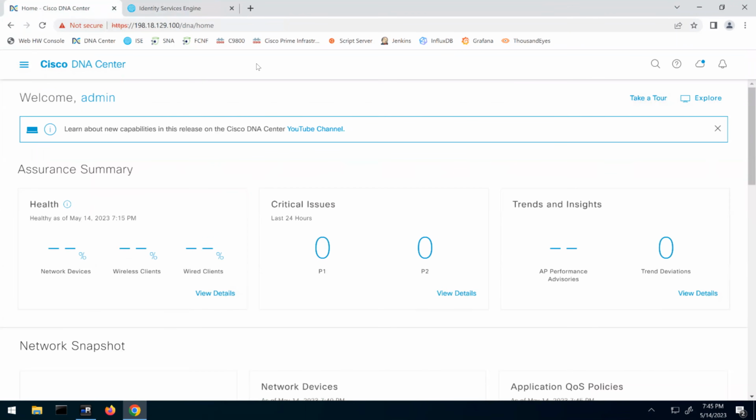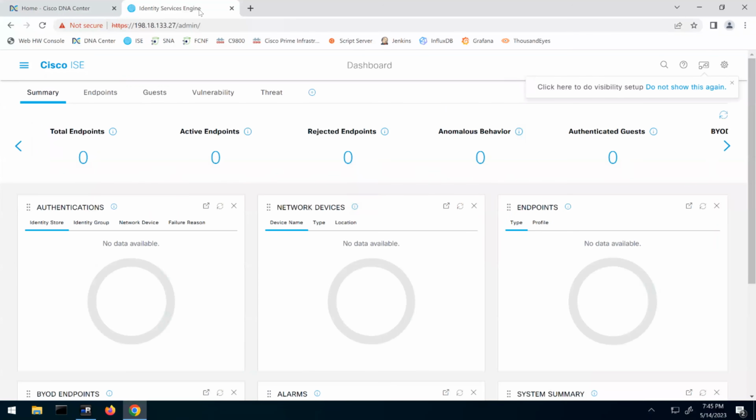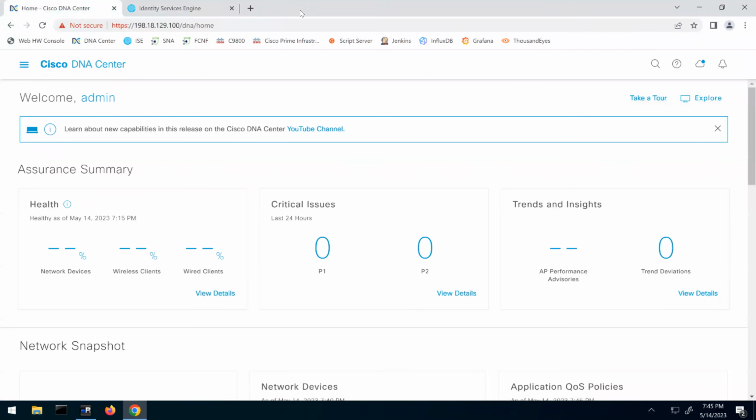Once we are inside the DNA, we can discover the devices. I have ICE as well in this lab. This is a different lab that I have shared with you. So let's go here in DNA, and